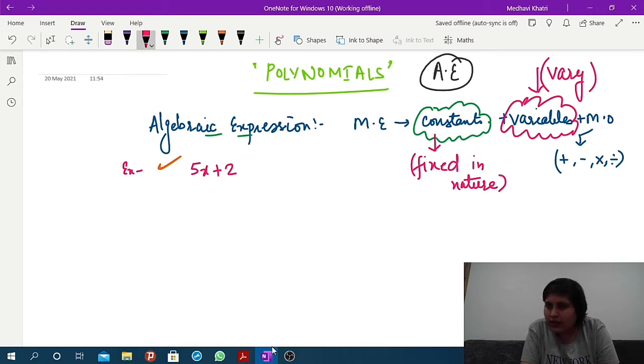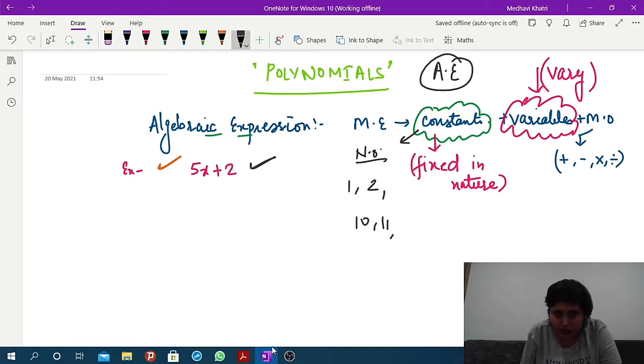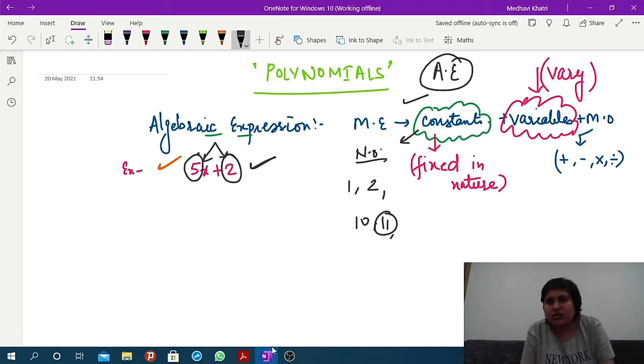Okay, and you know very well the mathematical operations. So now let's check whether this expression is an algebraic expression or not. So first of all let us check whether this expression consists of some constants or not. So constants in this universe are all those numbers, like all the number system are constants, that is 1, 2, 10, 11, any number, because we cannot change the value of any number. Okay, so 11 will remain 11 only, 10 will remain 10 only. So here we can see we have two constants, that is 5 and 2. So the first condition is fulfilled, that an algebraic expression consists of some constants. Now let us move on to the variable part.